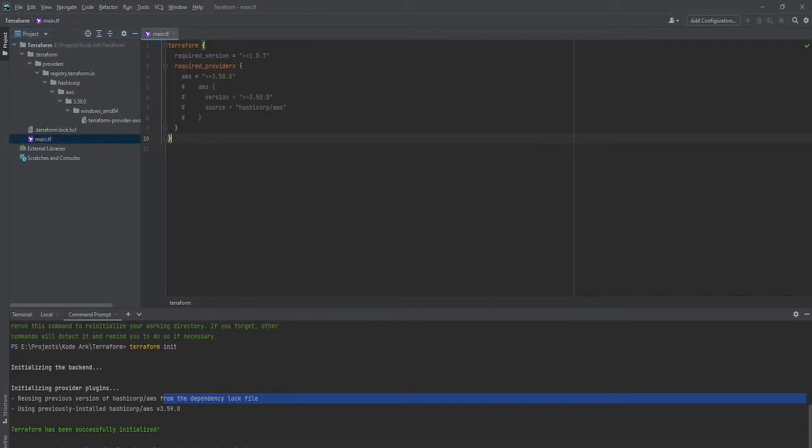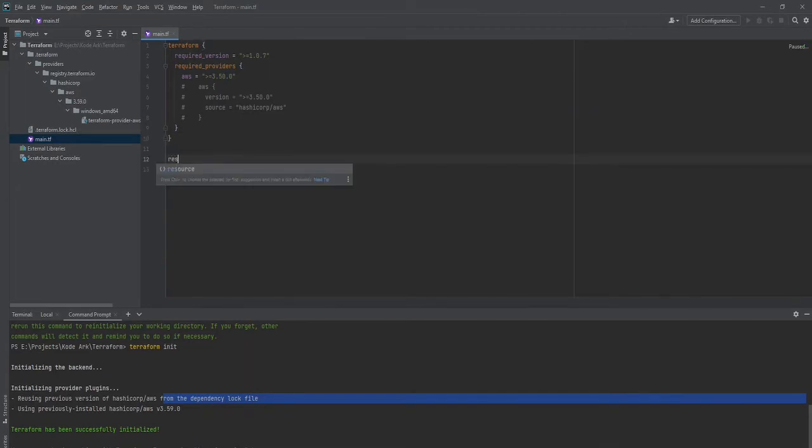Okay, so this is the first thing we have done with our Terraform: we have set our Terraform version. We have told Terraform to download the AWS provider so we can get the benefit of the API, and the version for AWS we set to 3.50.0. Now we'll start with the resource block.